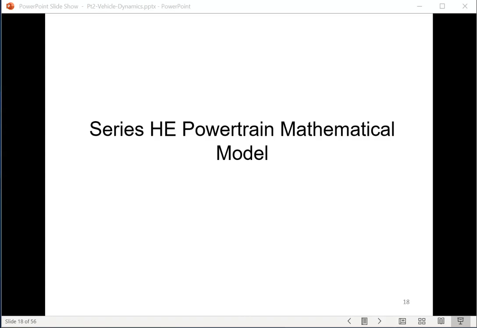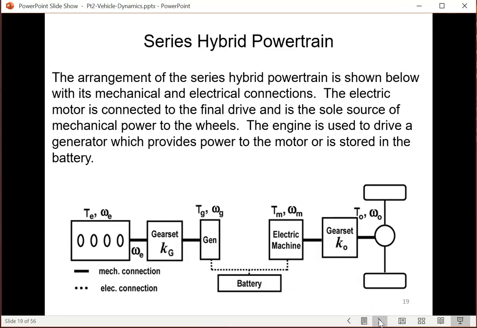Now in this lecture and the lecture that follows, we're going to focus on the series hybrid powertrain mathematical model. That is, issues particularly related to series hybrid electrical vehicles. Now I use the series hybrid electrical vehicle purely because it is one of the most commonly used